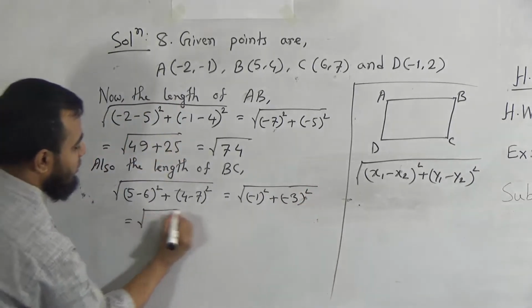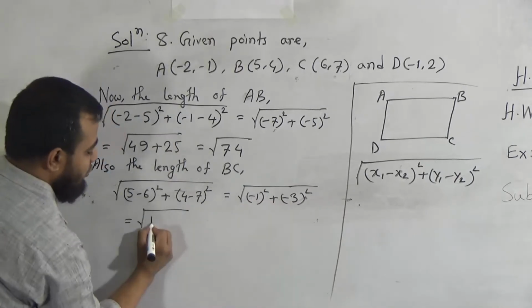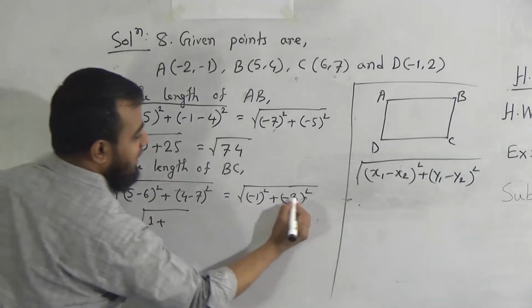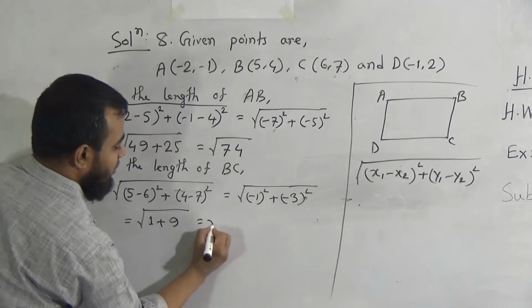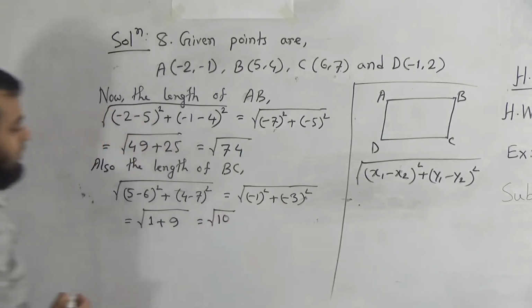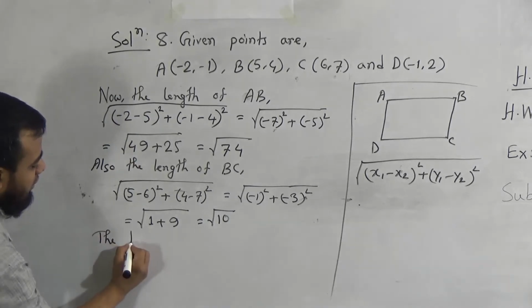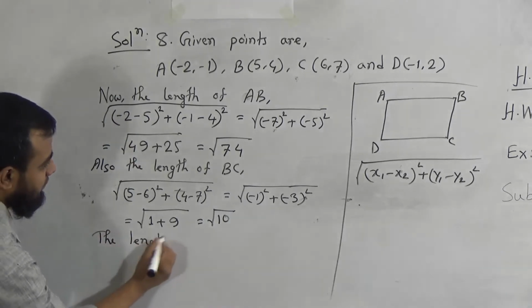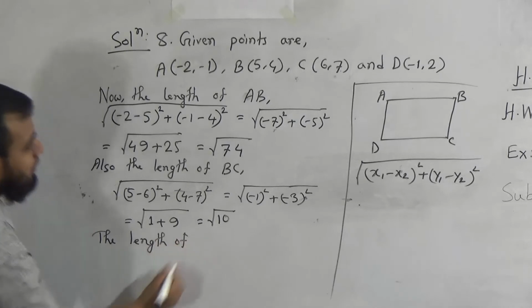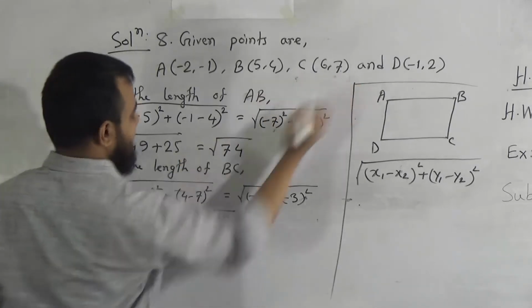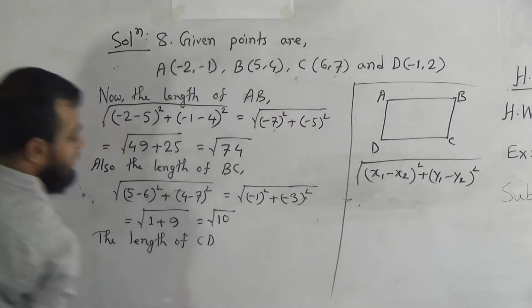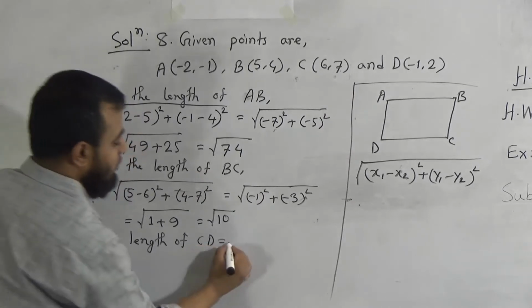It will be, dear student, minus 1 square means 1, plus minus 3 square means 9. It will be square root of 10. Now the length of CD. The length of CD equal to what? The length of CD equal to square root of